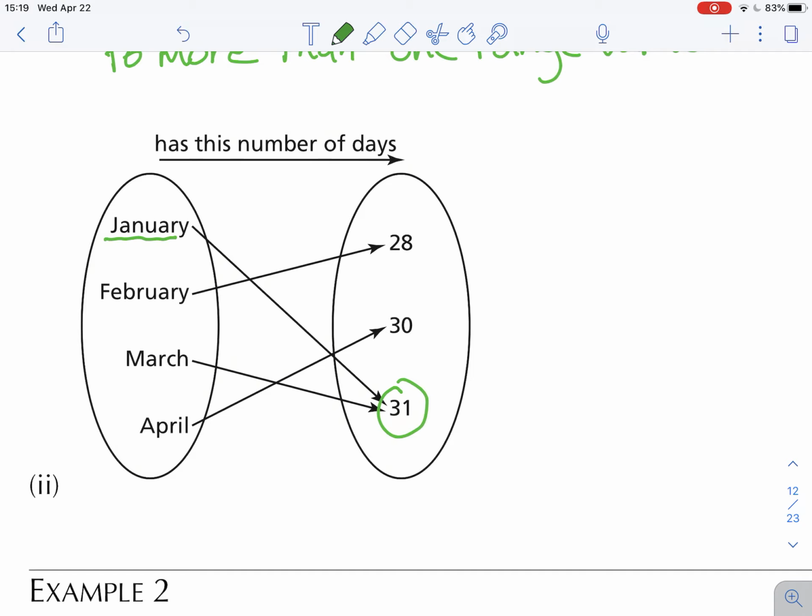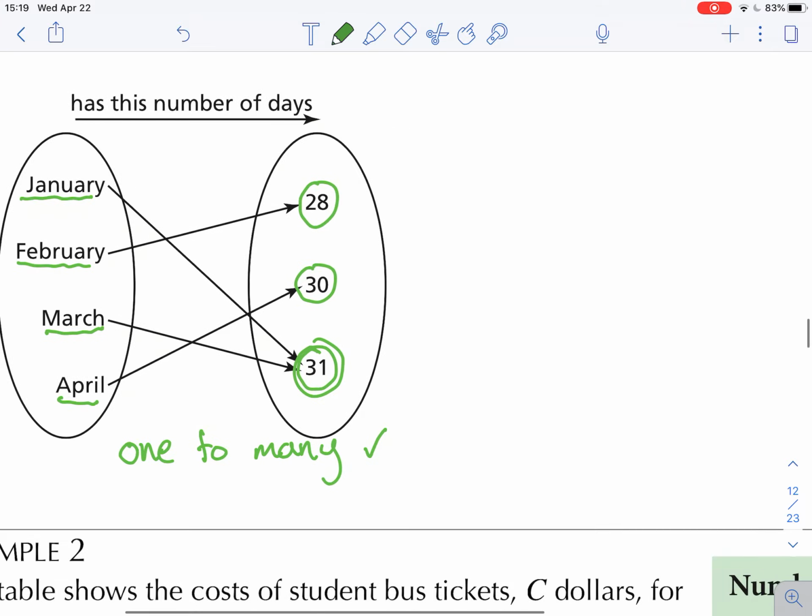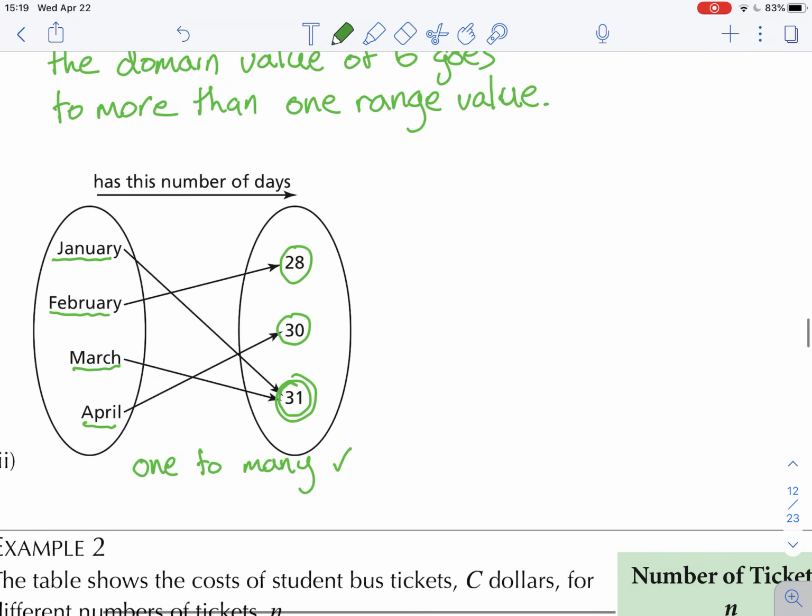Let's take a look at the second one. Our domain value January only goes to one number. That's good. Our domain value February only goes to one number. That's good. Our domain value of March only goes to one number. That's good. Our domain value of April only goes to one number. That's good. This is a one-to-many relation. And a one-to-many relation is a function because each value in the domain goes to exactly one value